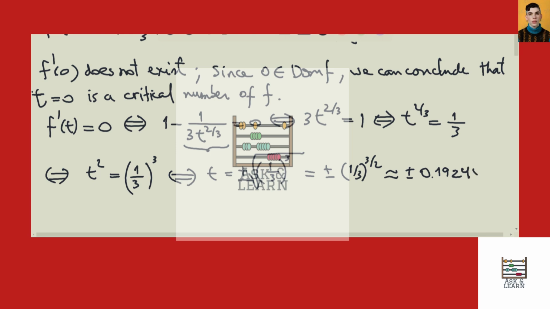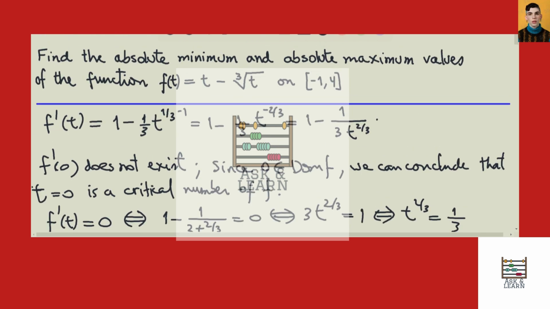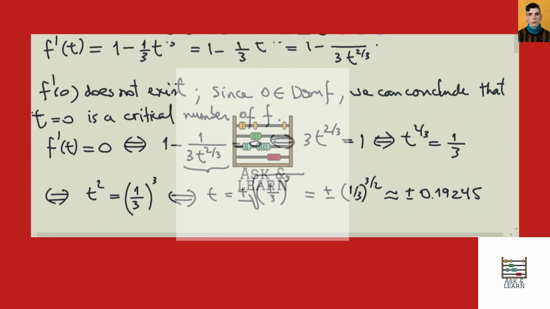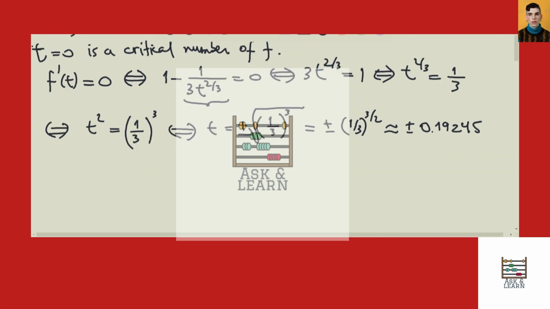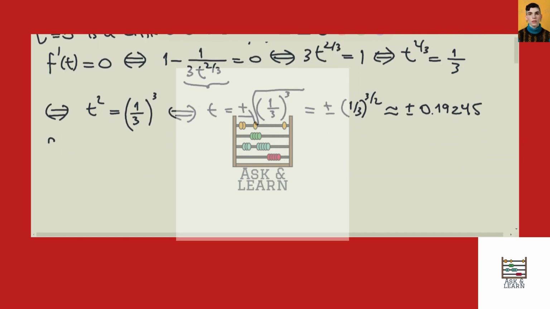0.19245. That's t to the 1/3, that's 1/3 to the 3/2. And both values are in the interval from -1 to 4, so both of them have to be considered. So we have three critical numbers in -1, 4,